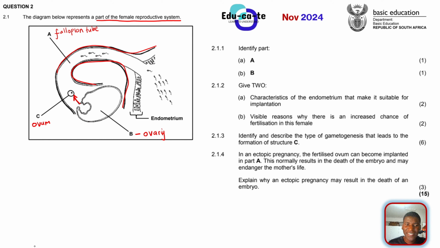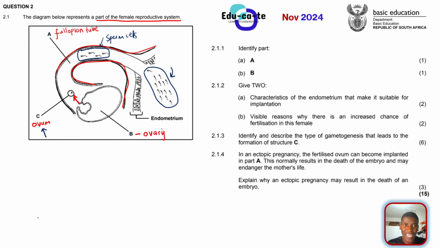Now you can see that within the fallopian tube, we've got little boys, and these little boys are moving. These are sperm cells. Although they are not given a label, it is quite good to analyze them. You can see that there are more sperm cells coming towards the fallopian tube. As these sperm cells move towards the fallopian tube, they are trying to meet the ovum. So we can now get an intuitive idea of what is happening here.